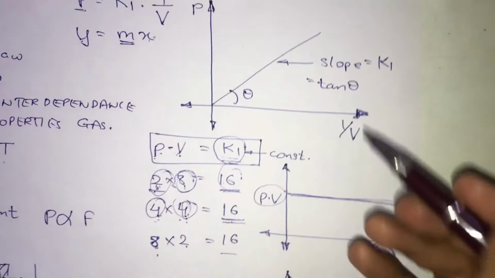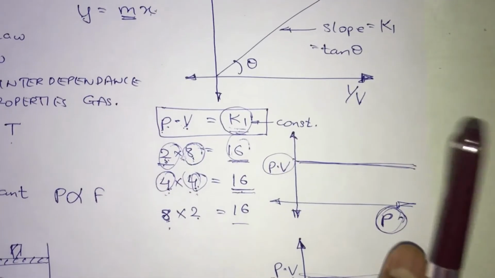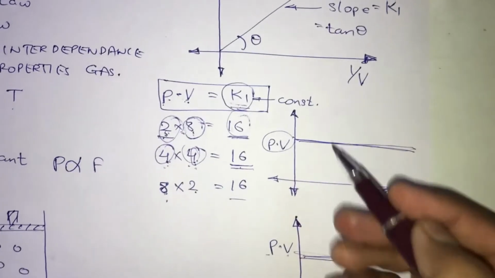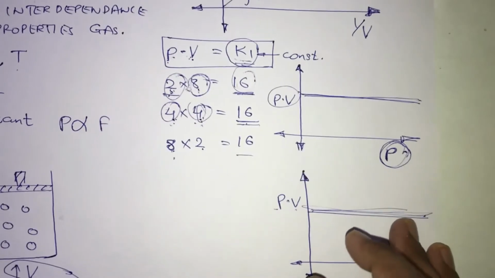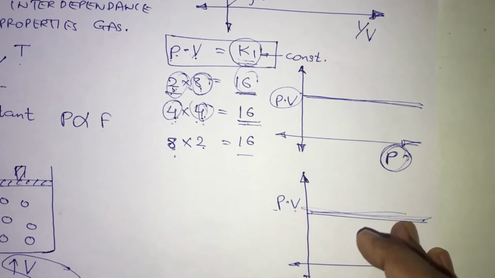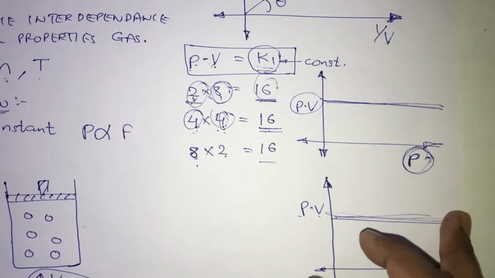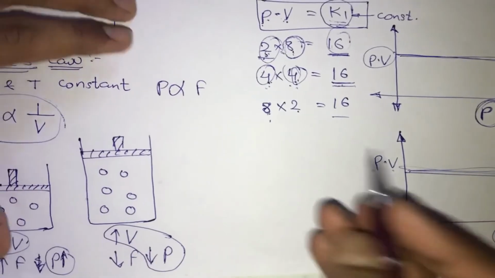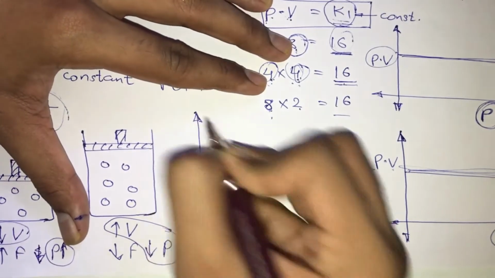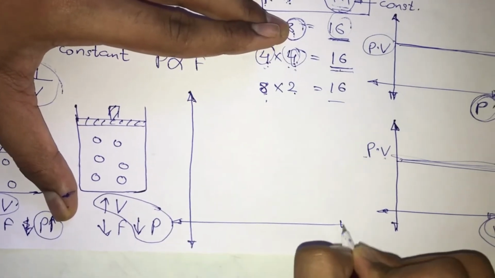So guys, we have done 3 graphs in less than 20 minutes, which is a great achievement for us. I hope you have understood these 3 graphs. Now if you have understood these 3 graphs, let us understand another 4th graph, and this graph is very easy. Let's understand how. For that, guys, give me 1 minute to plot the points over here.